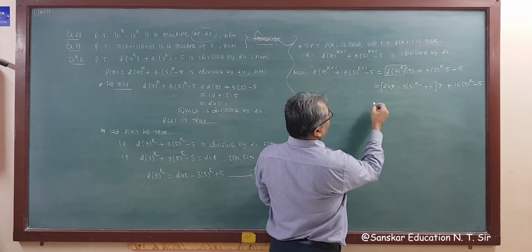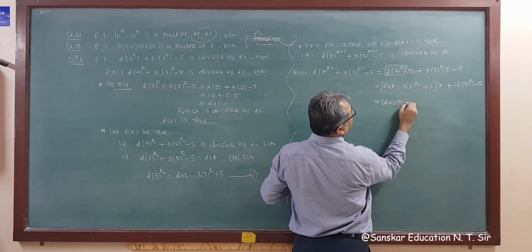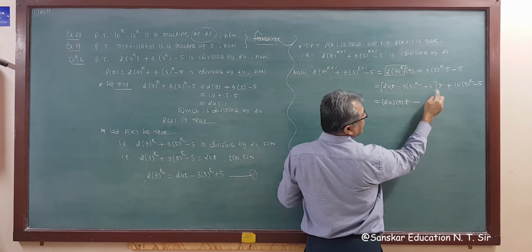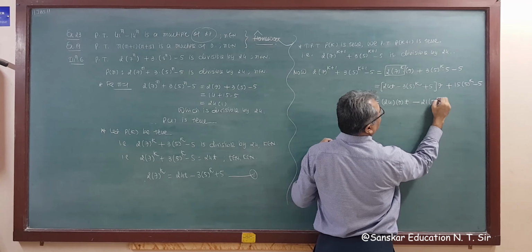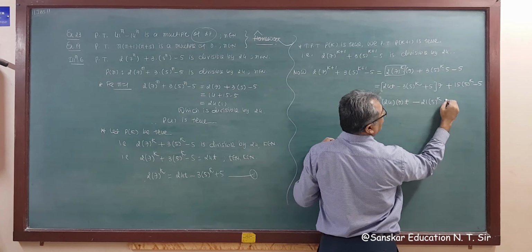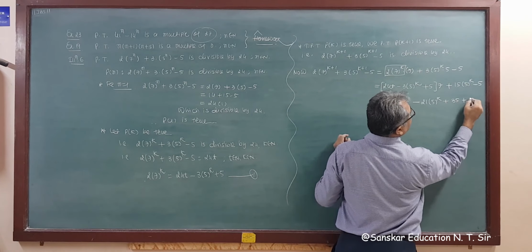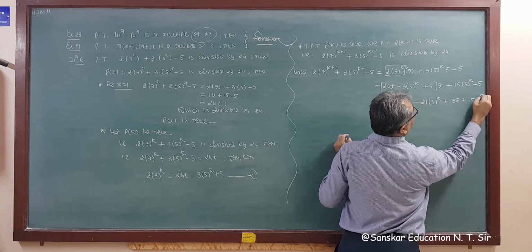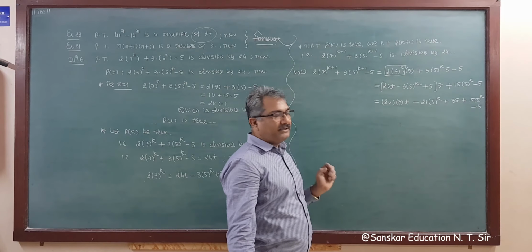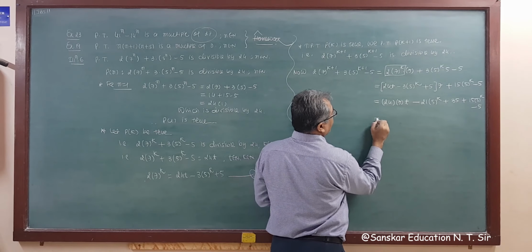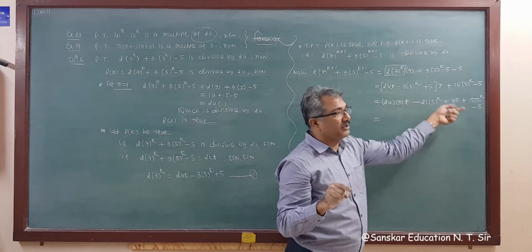Multiplying this, what do we get? This is 24 into 7 into t, 7 into 3, 21 times 5 raised to k, plus 7 into 5, 35. So 35 plus 15 times 5 raised to k, and minus 5 I am writing here. Right? Now, what is our mission target? Take 24 common from all these terms.